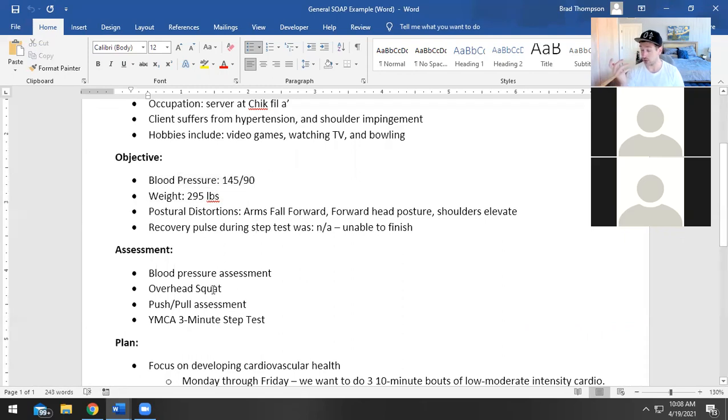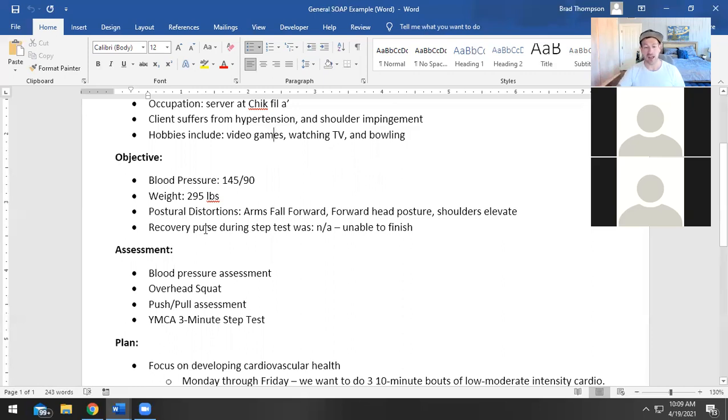In terms of postural distortions, we notice that their arms fall forward, they have a forward head posture, and their shoulders elevate. No surprises there, right? I mean, shoulder impingement, that makes sense, right? Probably messing up their bowling. Playing video games like this all day, right? We're starting to see a pretty clear picture of what this lifestyle looks like,